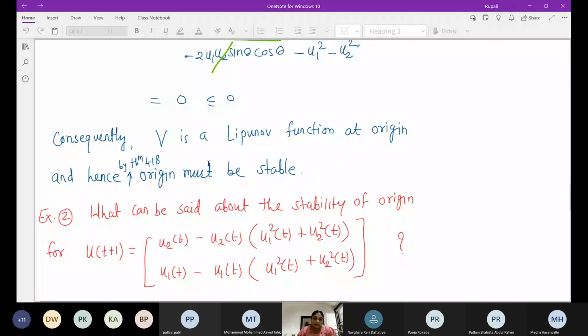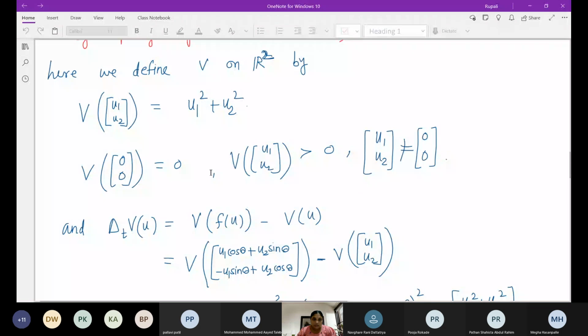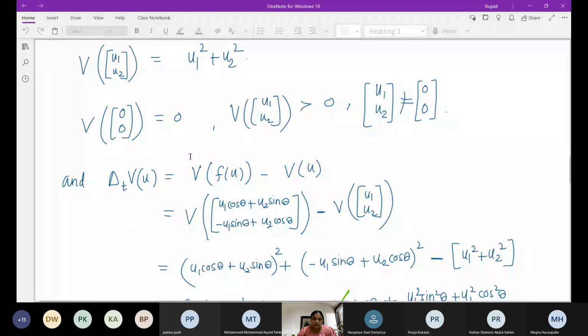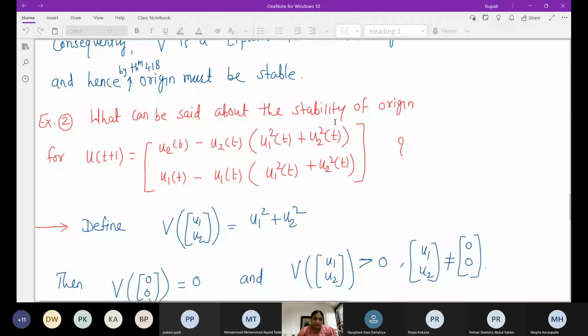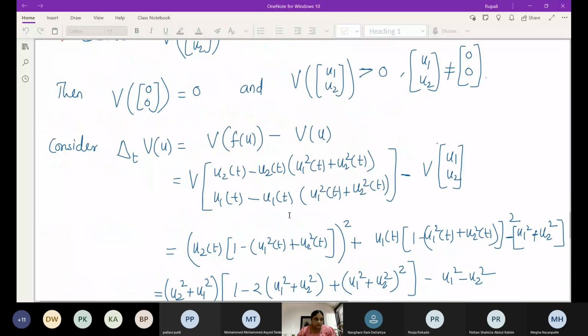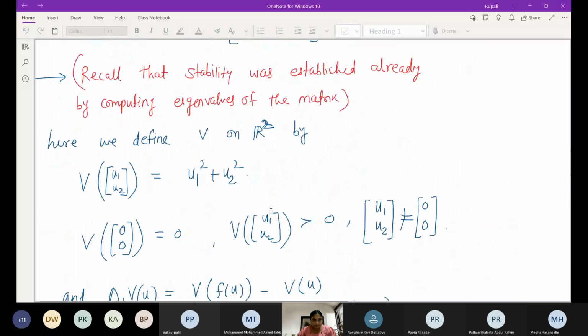For this example we have shown it using eigenvalues also. So this is another method, the Lyapunov function method, to show that the origin is stable. And in the second example also we have established the stability of the origin using this same Lyapunov function. Okay, so now today we will start